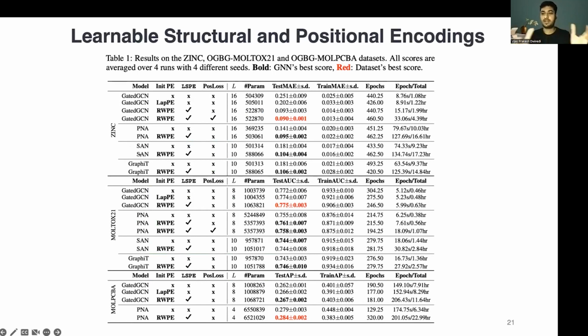So we show this for a variety of examples, that when we have the learnable structure and positional encoding module, which is shown by the tick mark in this column, consistently, except for one case, the performance of the architecture which learns these two different kinds of information separately is improved. This is a simple idea and an improvement we make compared to the previous graph transformers.